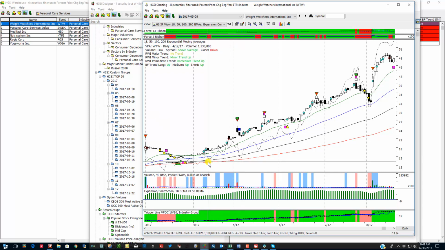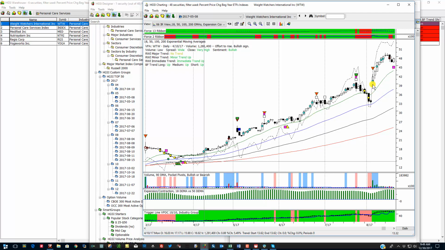410. Let's see what 410 looked like. Right here, just coming out of the base with an effort to rise, and obviously that would have been the place to catch it. Why? Because there was a pocket pivot here and the fan was already in place. You can see that the 18 is above the 50, which is above the 100, which is above the 200, and this is where it made its move up and did not get below that 18 until this correction here,